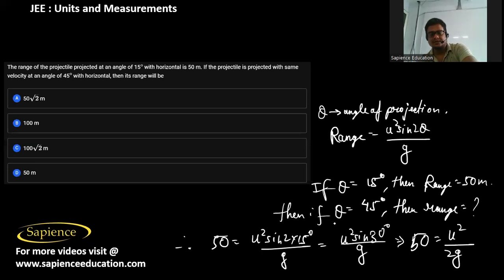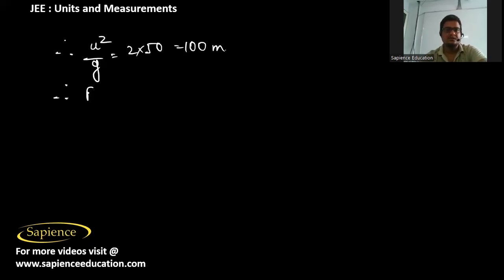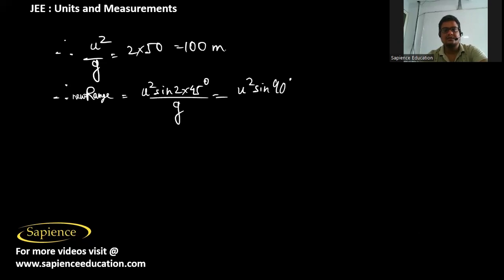Now we have to find the range when theta is 45 degrees. So the new range at 45 degree angle will be equal to u square sine 2 into 45 degree divided by g. That will be equal to u square sine 90 degree divided by g. Sine 90 is 1, so it is u square by g. So the new range is 100